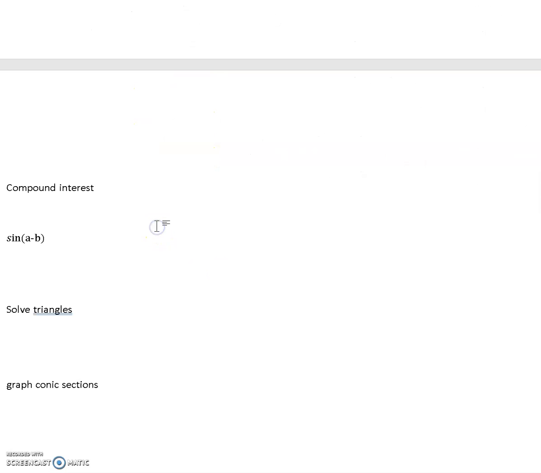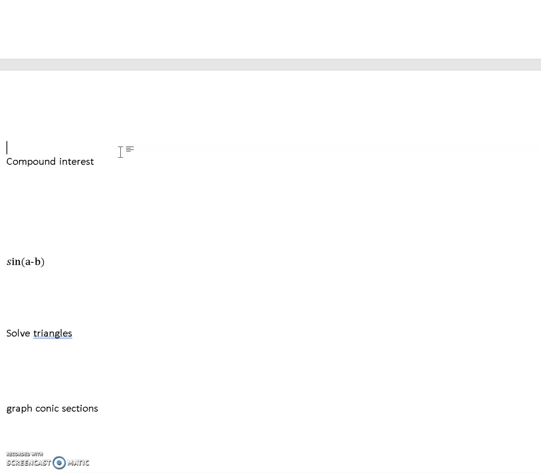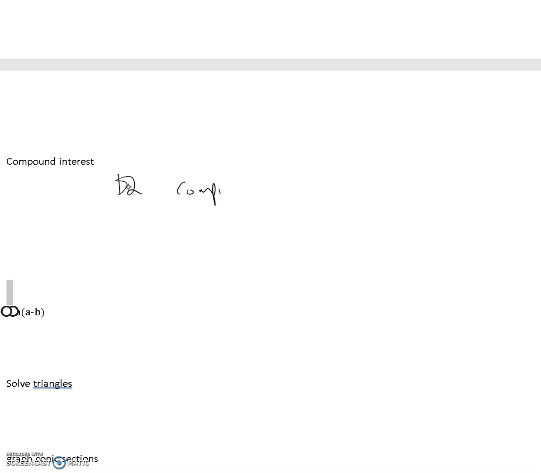We got the compound interest. Now this one's hard to do without a calculator, but I can still kind of ask you to set something up. For example, you have $2 compounded, I could say, I don't know, quarterly, compounded continuously, and for 5 years, something like that. So you'd set up your equation. I'd have to give you your rate,